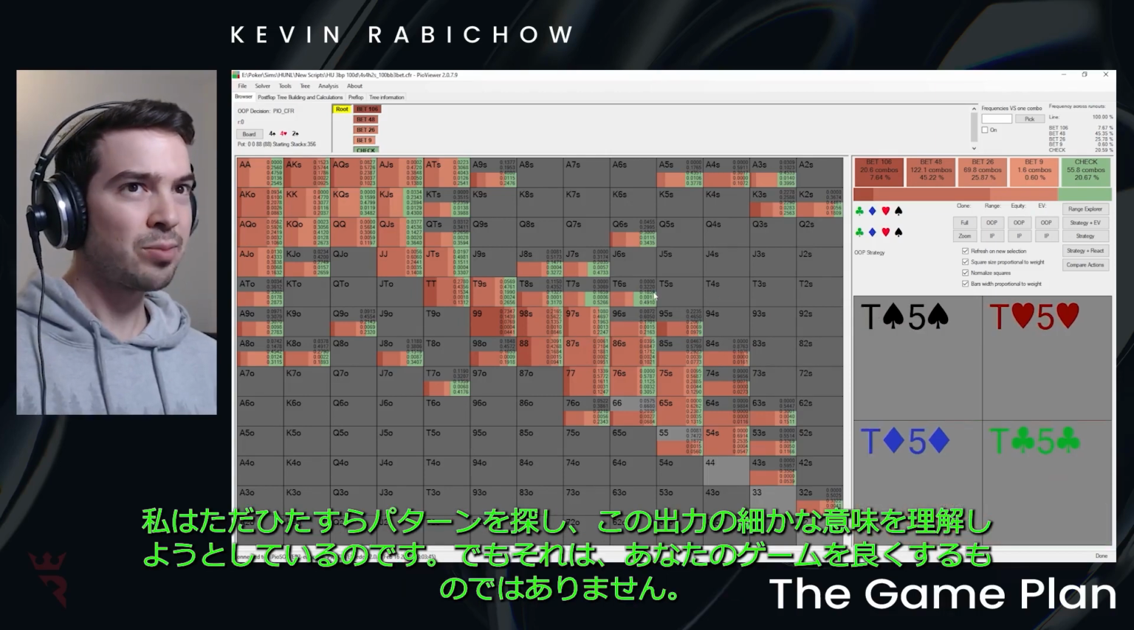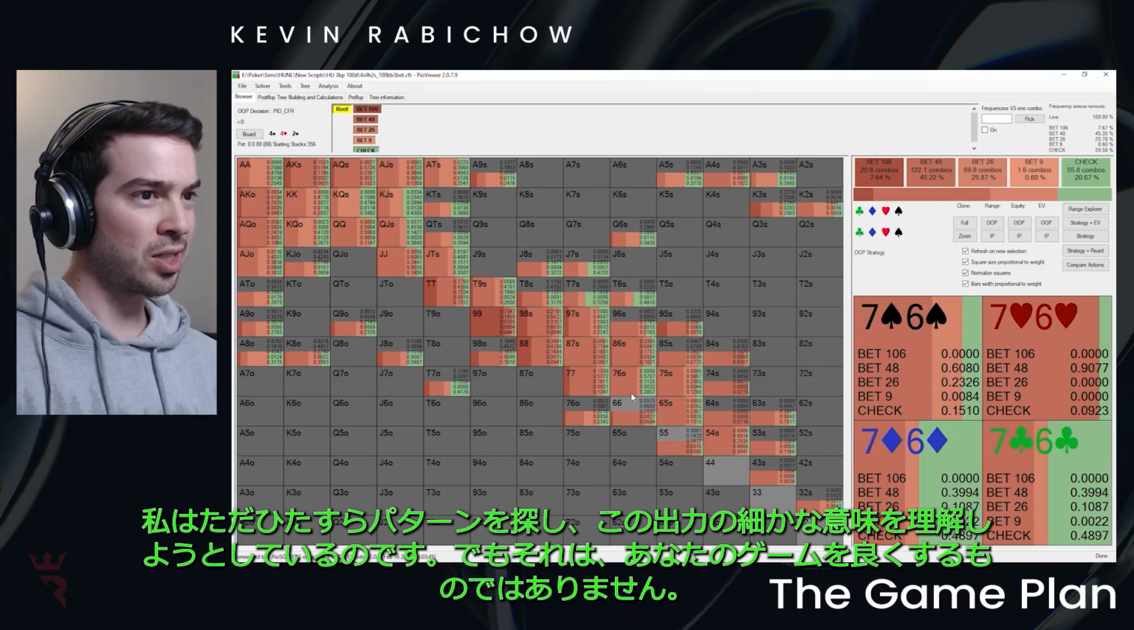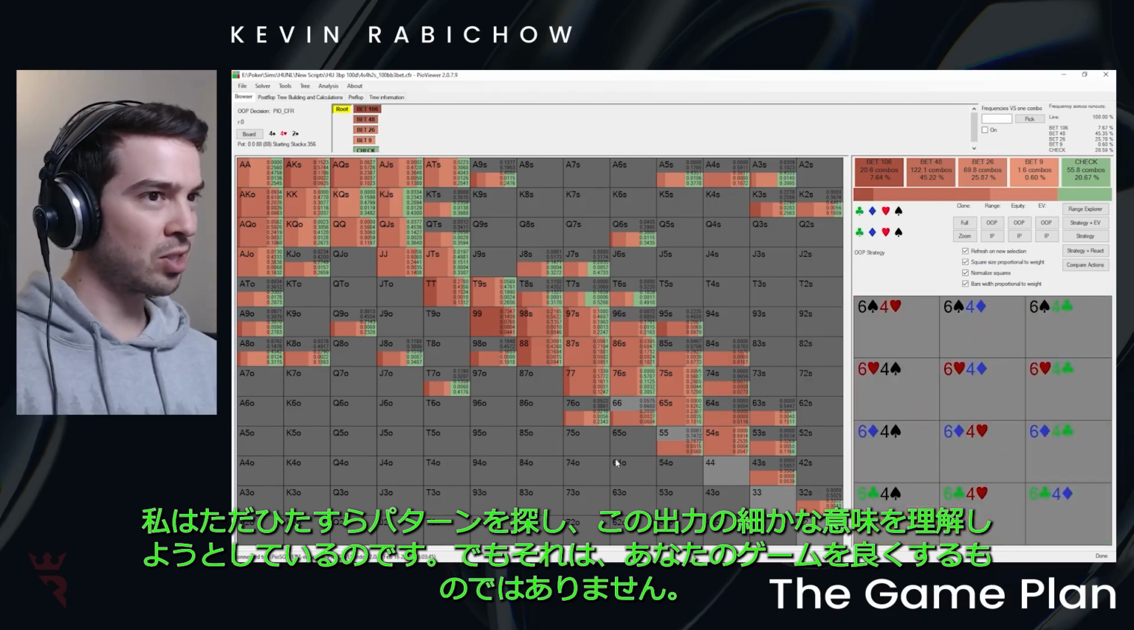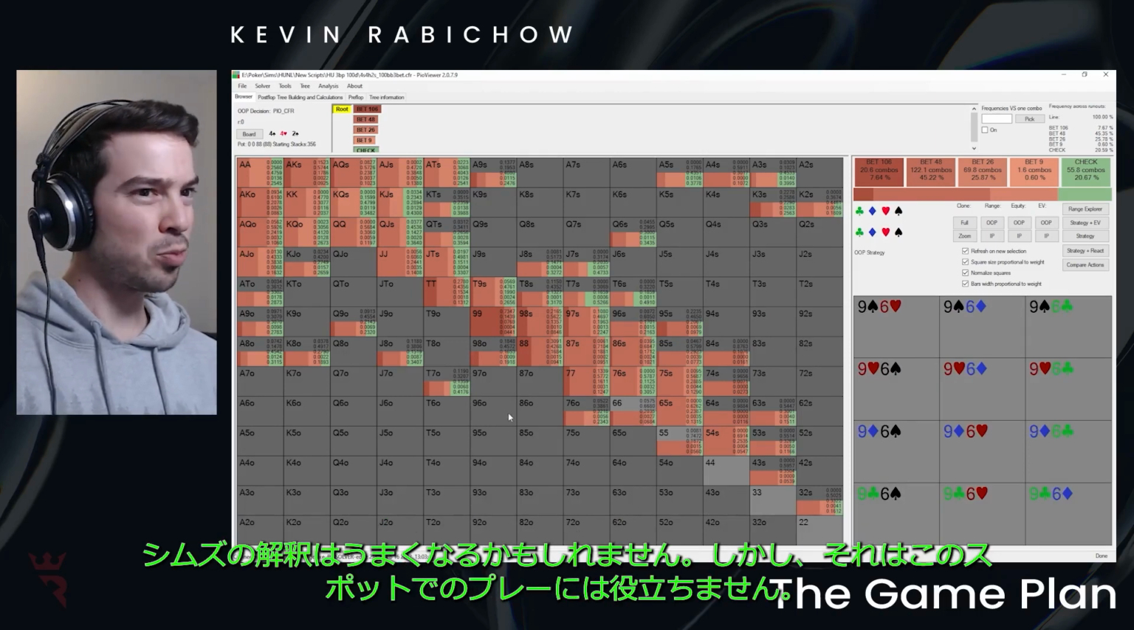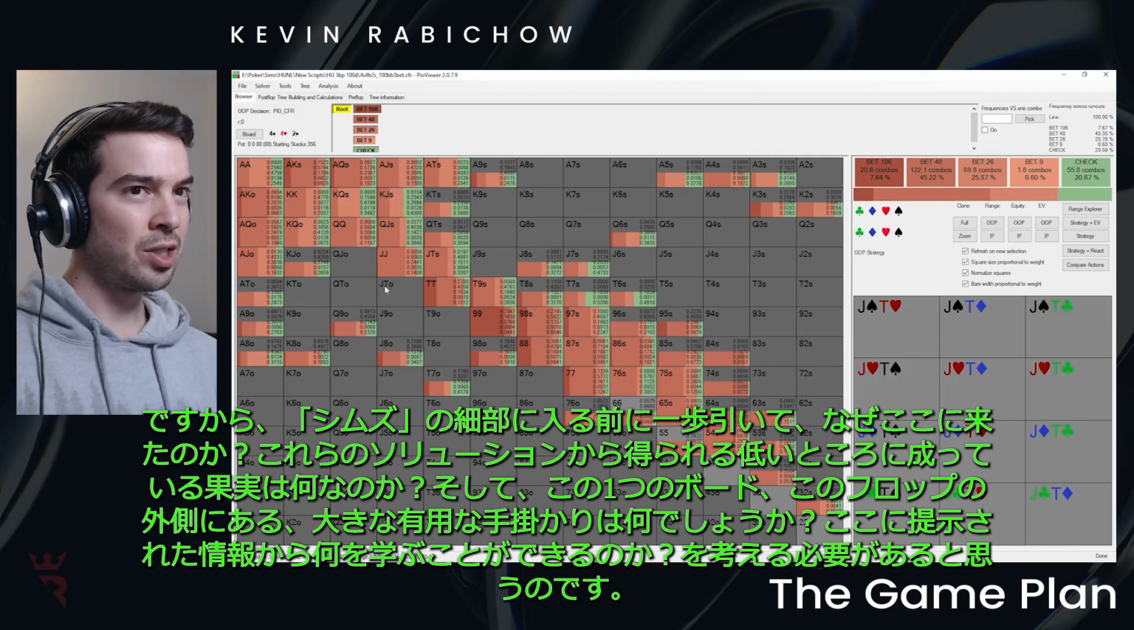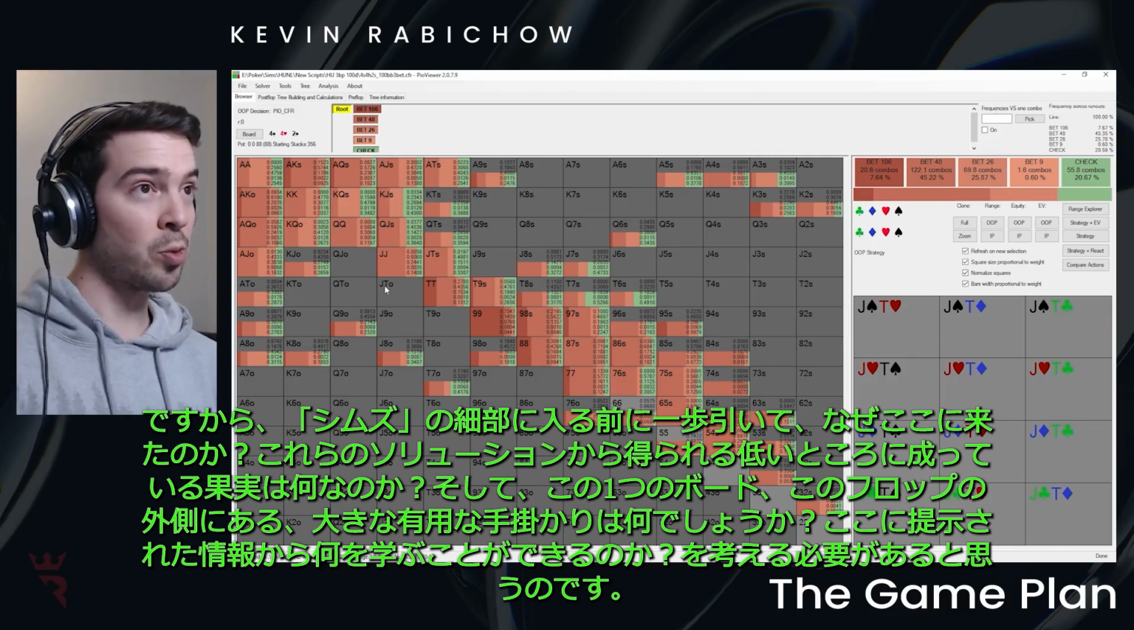I'm pretty much just spending time pattern seeking and trying to make sense of all the minutia of this output. But that's not going to make your game better. It's maybe going to make you better at interpreting sims, but it's not going to help you play this spot. So I think we really need to take a step back before we enter into the detail of these sims